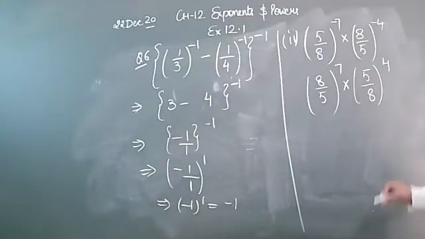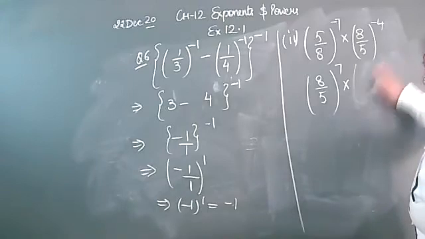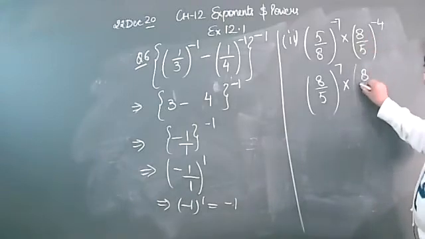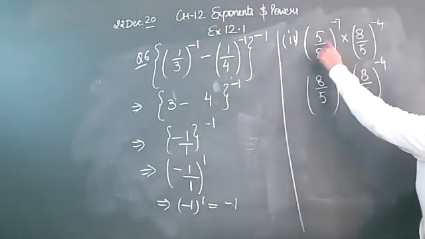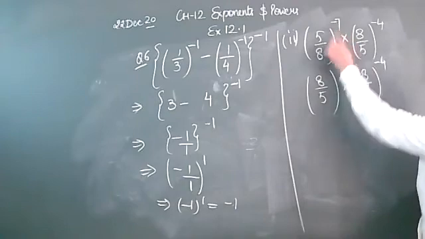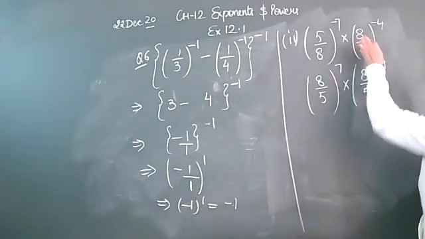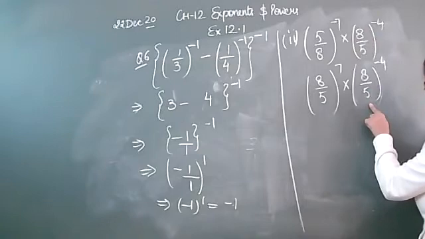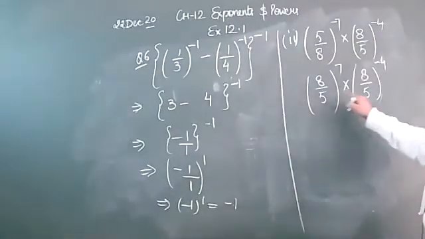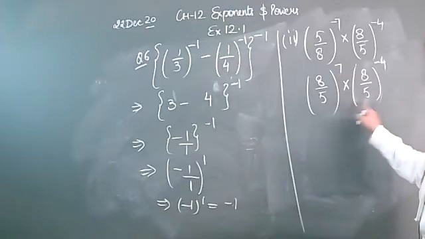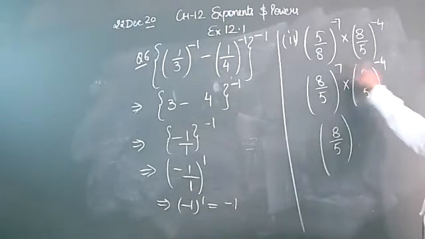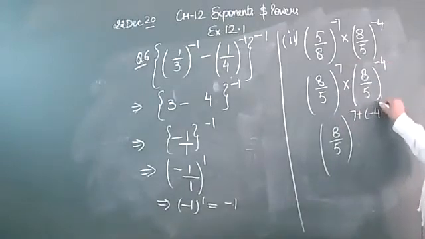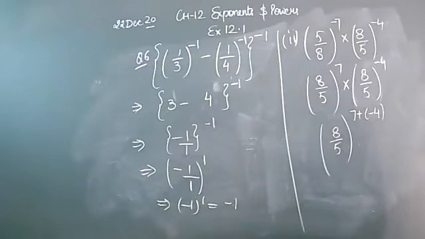But if you want to use the law here, one step you have to do: you can keep this second term as same. This I have written as a reciprocal, that will make the power minus 7 as 7, and this I have written same, that will make your base same if you want to use the law here. So base are same, so you will write one time and the multiplication sign is there, so powers will be added. If you make the reciprocal of both the terms, it will not be possible for you to apply the law here.